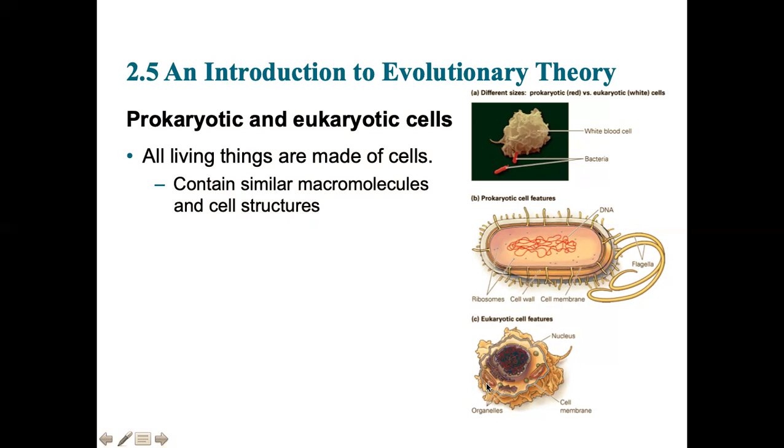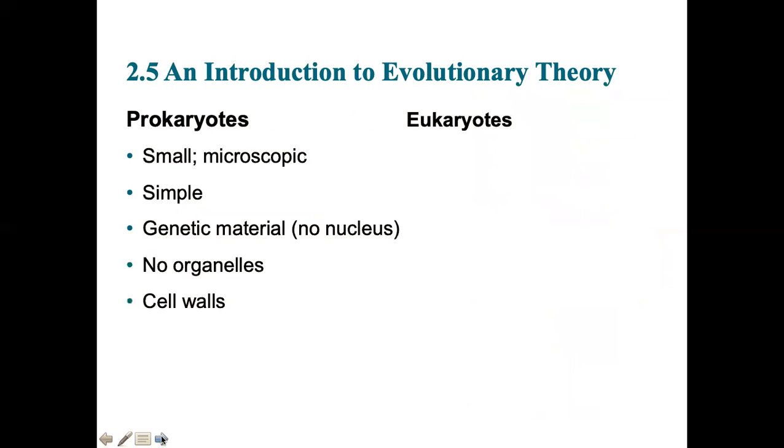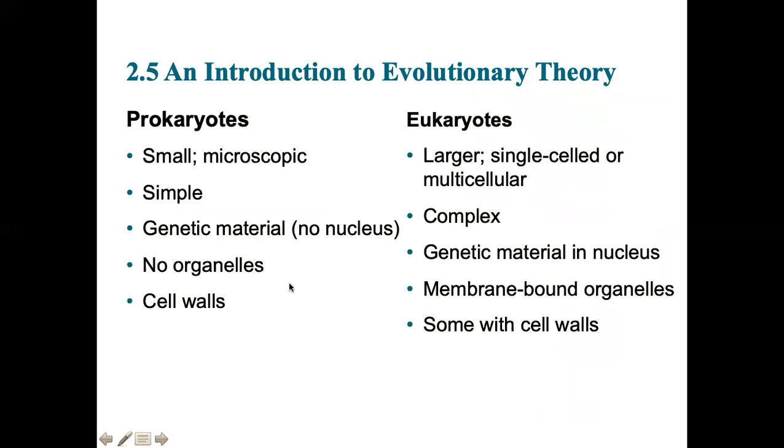And there are other little things inside a eukaryotic cell that have a membrane around them. Remember that phospholipid bilayer. And of course, the whole cell has a phospholipid bilayer. All cells have that though. So that's the major difference, membrane-bound organelles. Because of that, there's no true nucleus in a prokaryote. And because there's so much more in eukaryotes, they tend to be a little bit larger. Prokaryotes are all single-celled, whereas eukaryotes can be single-celled or multicellular.